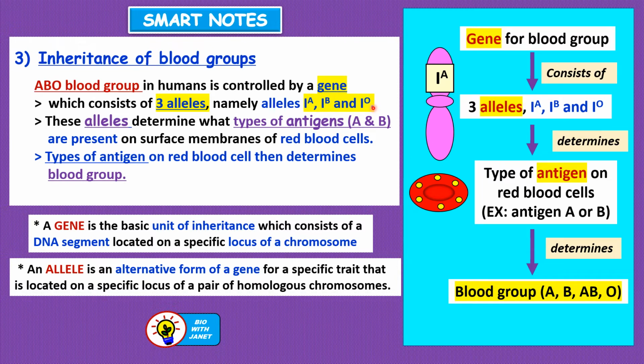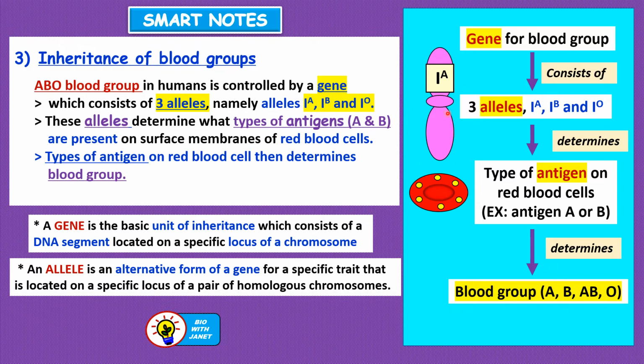Okay? They will each give you a gene or an allele for blood group. So we can say that the gene for blood group consists of 3 alleles. That means 3 specific forms or 3 alternative forms of the gene for blood group. They are still genes, okay? So we have alleles that are called IA, IB and IO. There are 3 alleles, but each person can have only 2 of these alleles in his or her diploid cell,